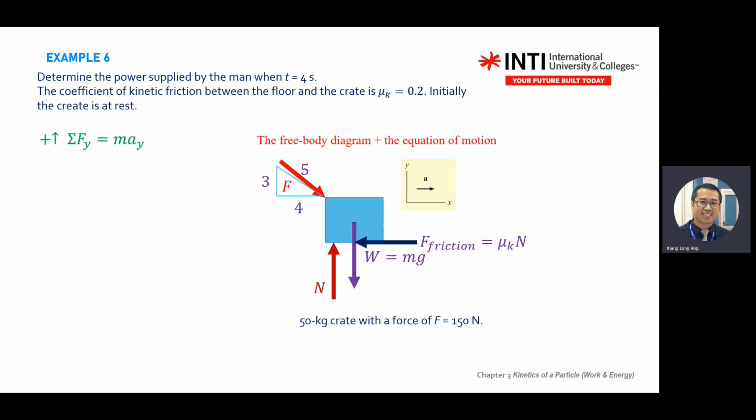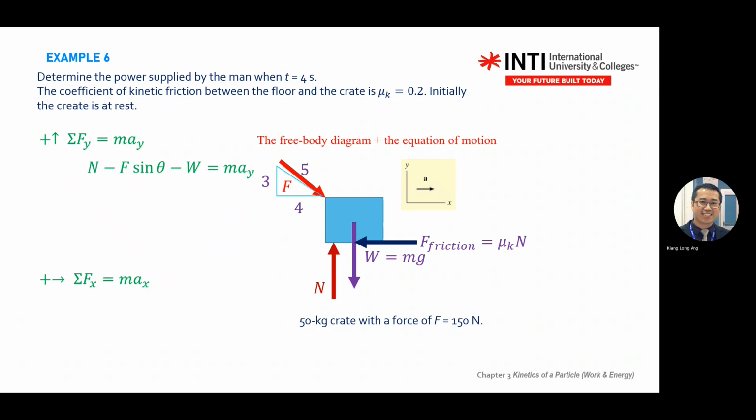Which one? P times 3/5, negative. Then what else? Plus N minus W. Does friction need to be added in for Y? Okay, so you have Fx, Fy. Fy is what you said just now. Okay, what about X? F times 4/5, positive, then negative friction equals